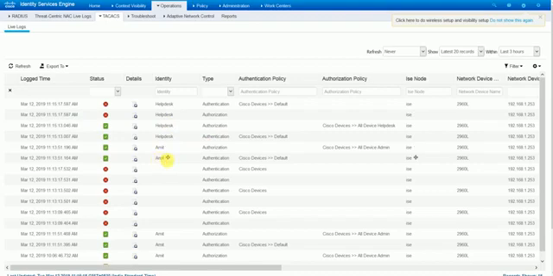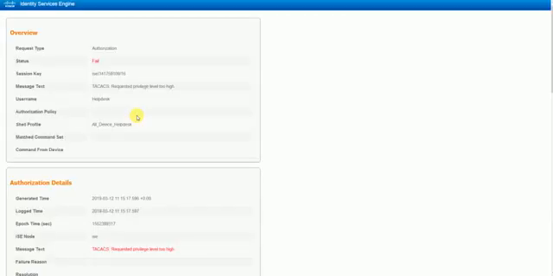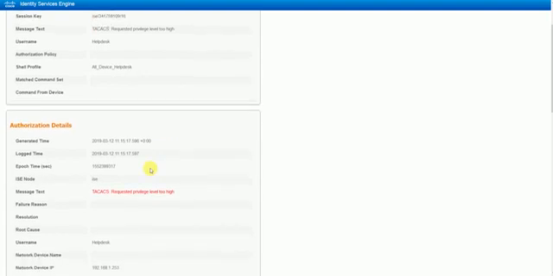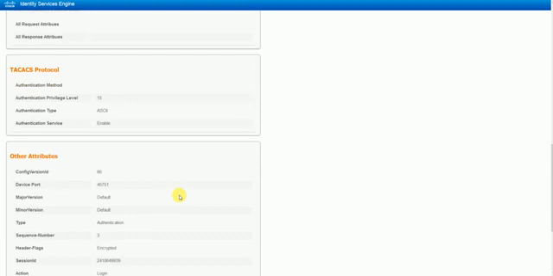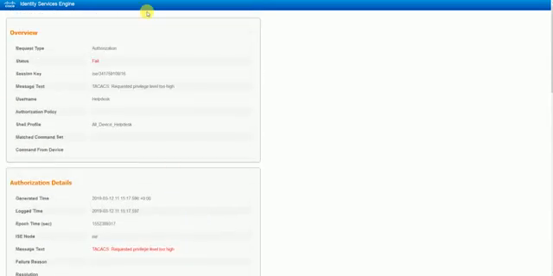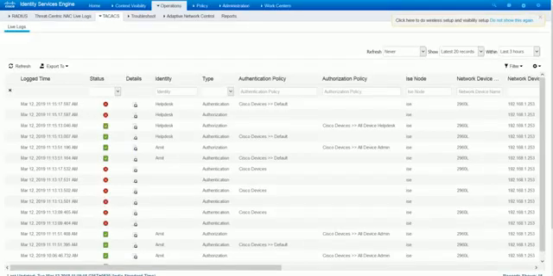I was able to successfully log in via the Amit user, and I was able to successfully authenticate via the help desk user as well. But here you can see it is giving me an error while doing authorization. If you click here, it will tell you requested privilege level too high. So this particular user is not allowed to have the proper rights to go to enable or to go to config mode.